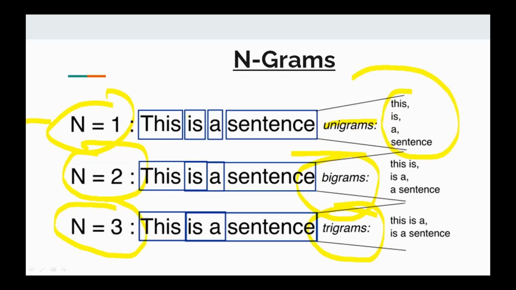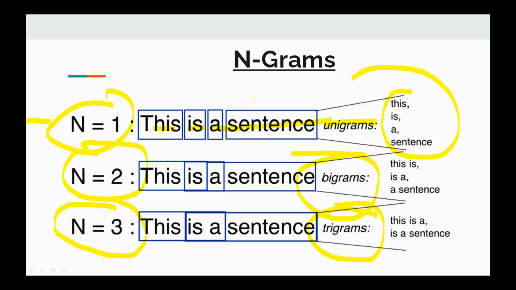This is a sentence. There are four features if we use unigram in here. Okay, for bigram, a sentence is split or separated by two words.